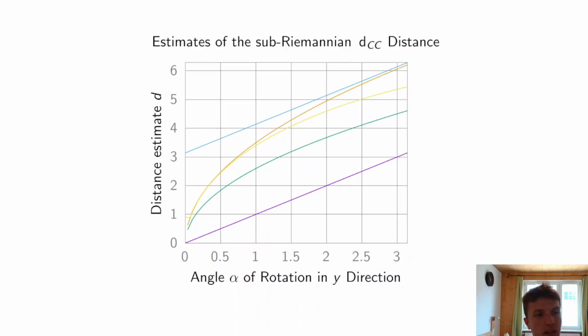First the one that is impossible, that we have the angle itself, and the other one would be using the Euler angles of these rotations, so having a pi half x rotation, then a z rotation with the angle alpha, and back a pi over two x rotation. That would also be an upper bound, and this yellow curve is our sub-Riemannian distance. The green and the orange one are these upper and lower bounds we get from this ball-box theorem.